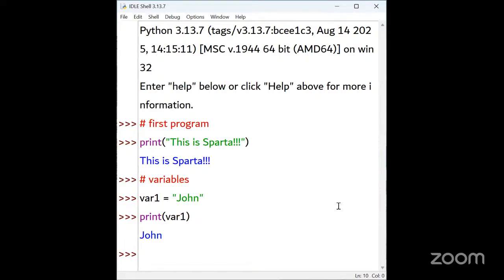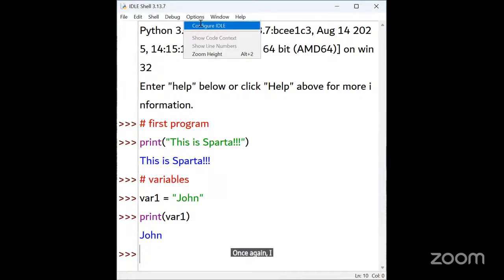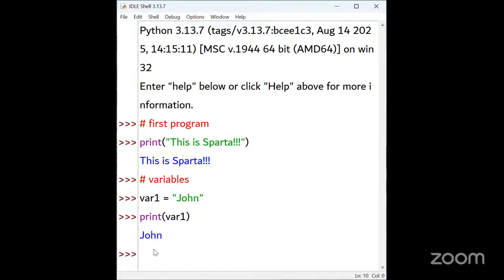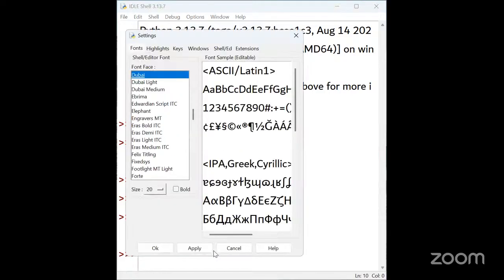And similarly, once again, I maximize the text.